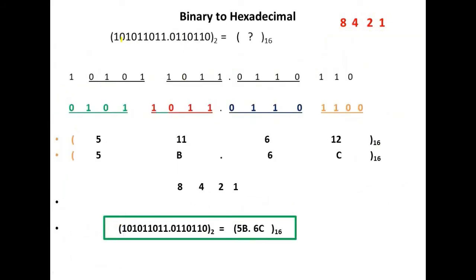Here we have taken this number, we have to convert into base 16. Again we have to make groups of 4 digits. Start from the decimal point, move in this direction for the integral part, and in this direction for the fractional part. So 1011, 1011. This digit is not taken here. 1101 and 1010. This digit is discarded, so disregard this digit.